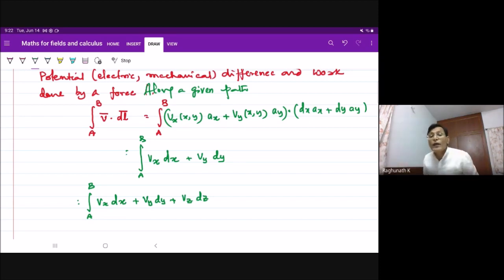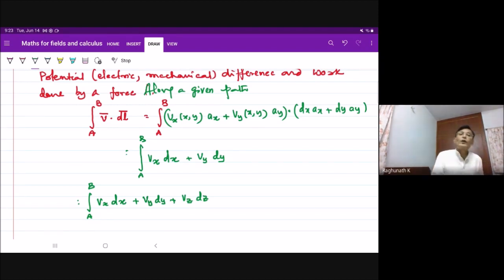So ultimately, dy can be written in terms of dx, and dz can be written in terms of dx. Because y is equal to f of x, dy is equal to f dash of x dx. And z is equal to g of x, so dz is equal to g dash of x dx. You have to evaluate such integrals